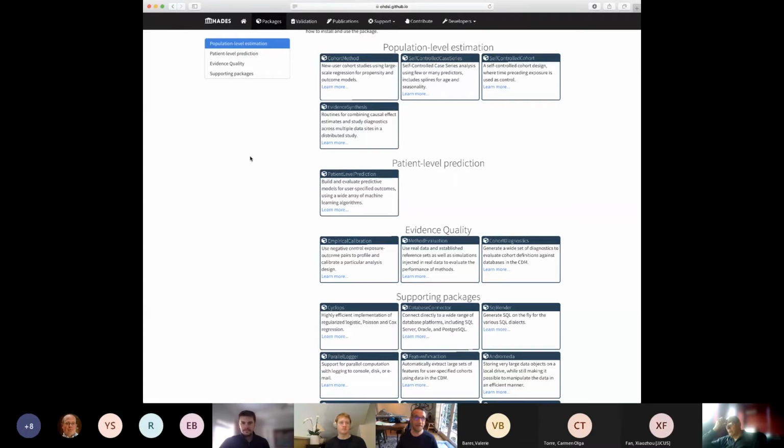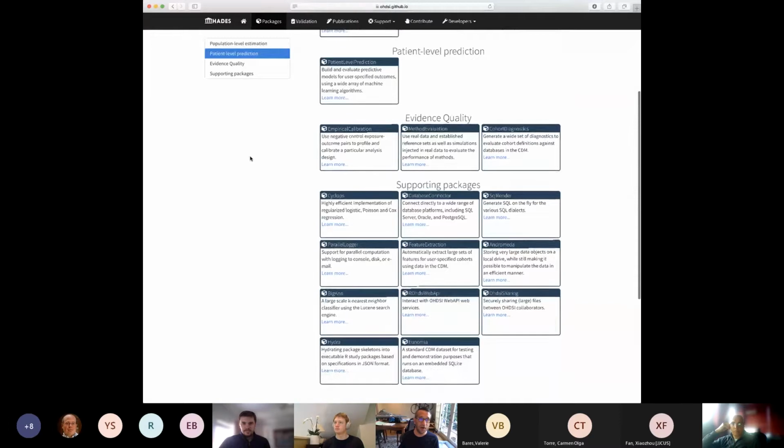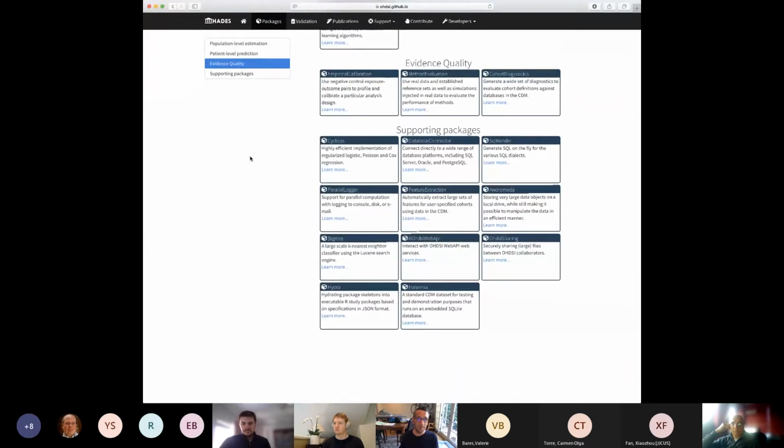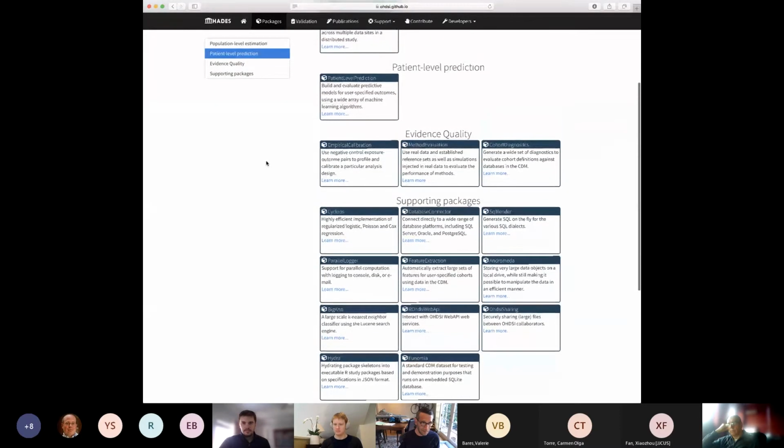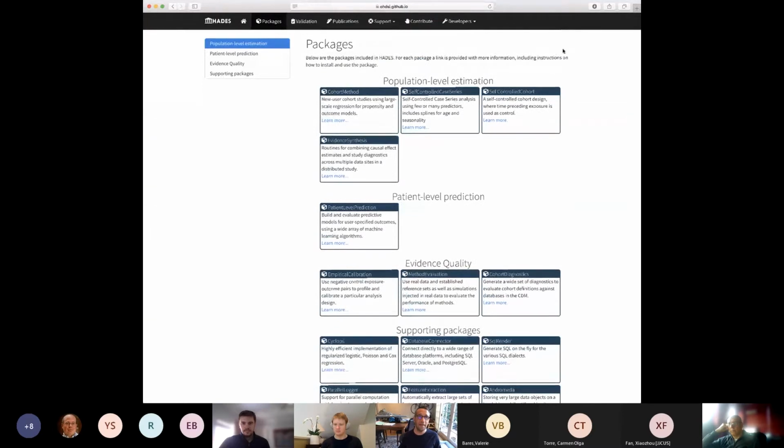At the higher level, we have the population level estimation packages like cohort method and the self-controlled case series, patient level prediction. These build on a large number of supporting packages that get used across the community, like database connector, SQL renderer, and feature extraction. Each of these packages has a set of developers and maintainers,